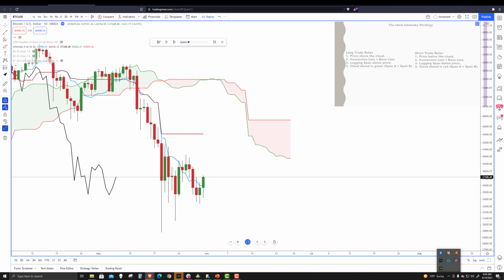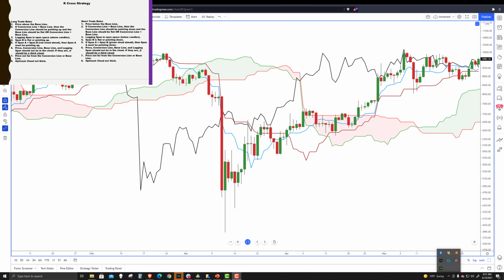ideal Ichimoku strategy. The next strategy here is probably the one I use the most. It's the most fun, I think. I mean, I day trade a lot, and this is the one I think is the most useful. Manesh Patel said that this one represents the highest risk, and he said that there's a lot of opportunity for